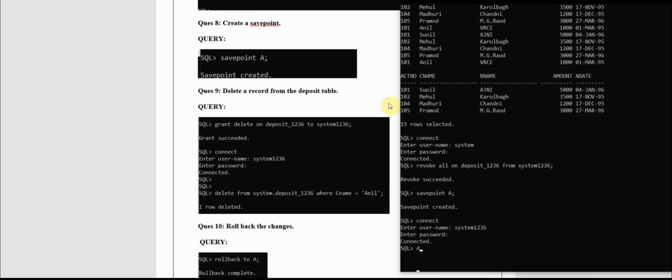Now delete from system dot deposit 6 where cname is equal to Anil. Okay, is it clear? Now I am creating a name called Anil from there.